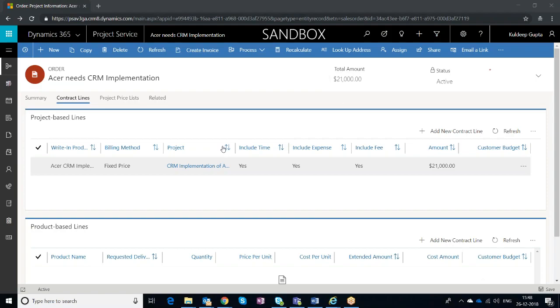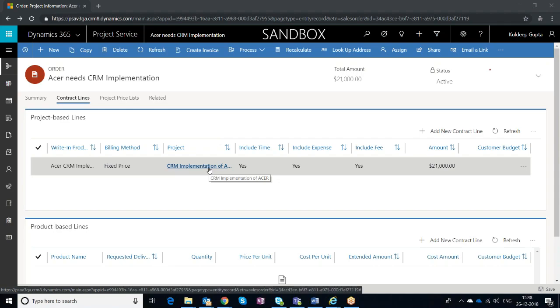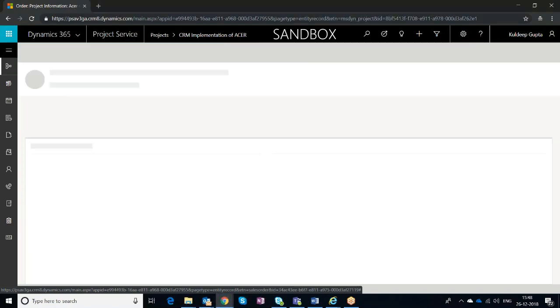So this is where we left the contract last time in the last webinar. We'll continue from here to build the project. If you see, there is a project, CRM implementation of ASA, that is tagged over here. In order to build the project schedule and do the allocation over it, we'll click on CRM implementation